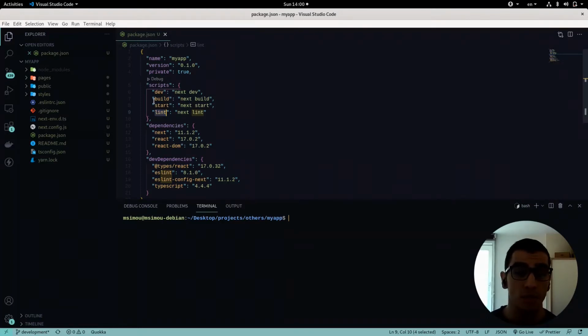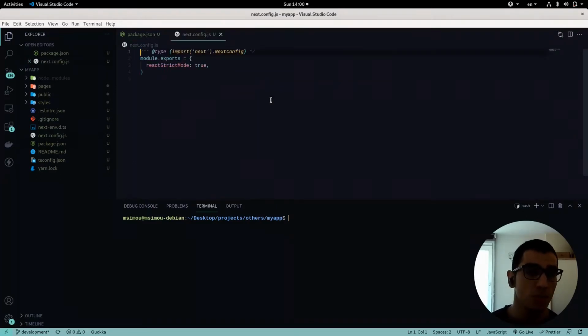As I said before, it runs as part of the build command, but if you want to change it, you can move into next.config. That's the configuration file that you use to manage your Next app,